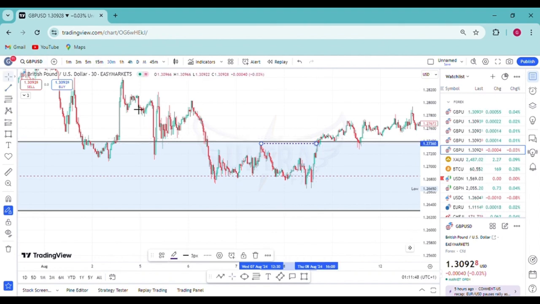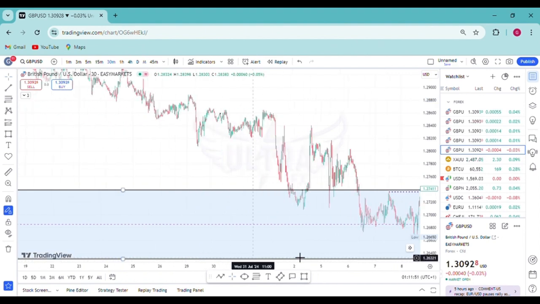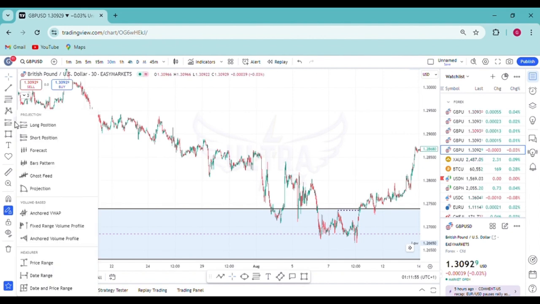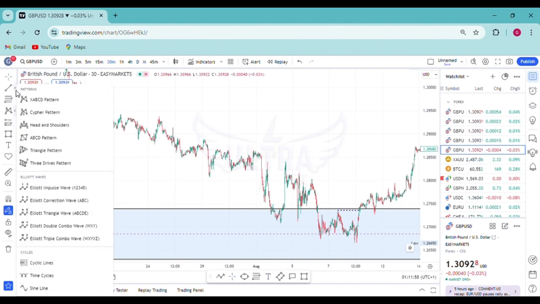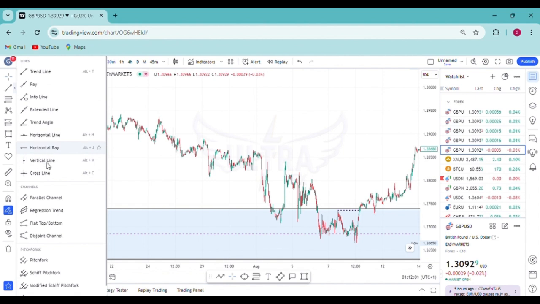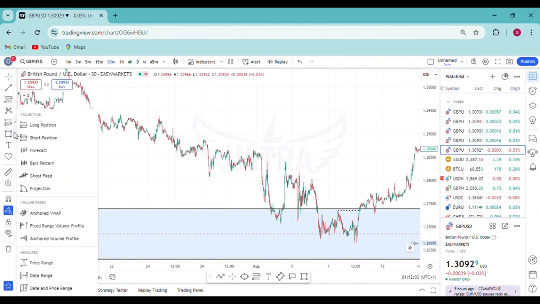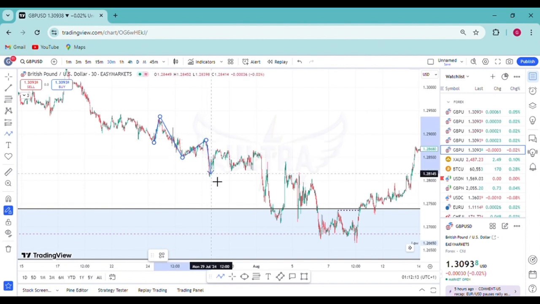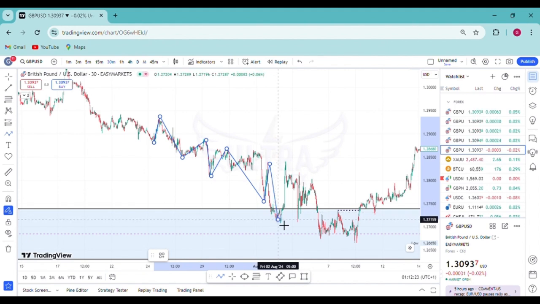As you can see, market is creating lower highs and lower lows. Let me search for this again. Where is this? You can see how market is creating this low, this lower high, lower low, lower high, lower low, lower high. You can see how everything is